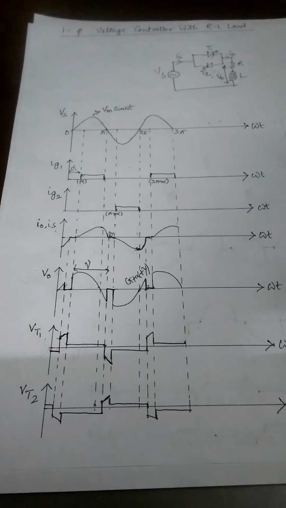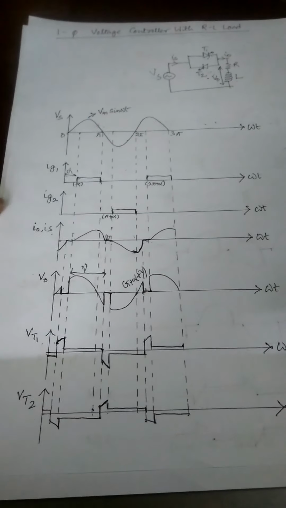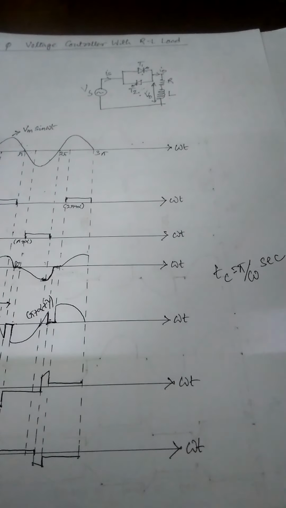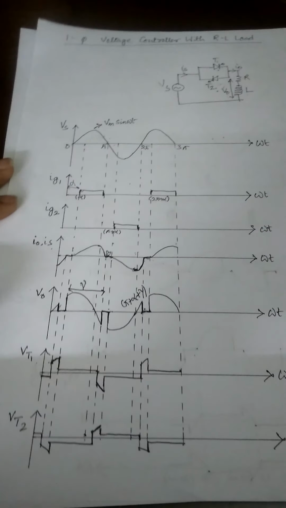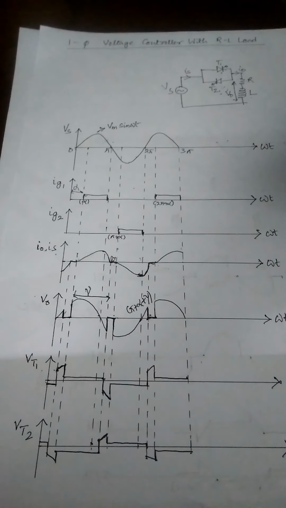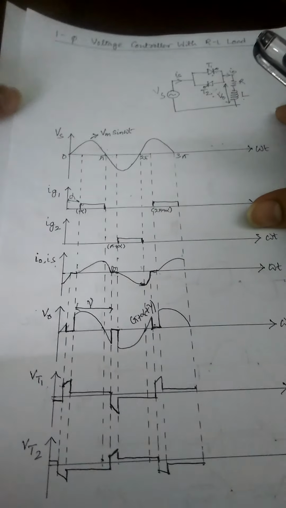So from that, if we consider the circuit turn-off time, then that Tc will be pi plus omega second. So these are the voltage waveforms and the profiles when we are considering the single phase voltage controller with RL load. Now there is another consideration,